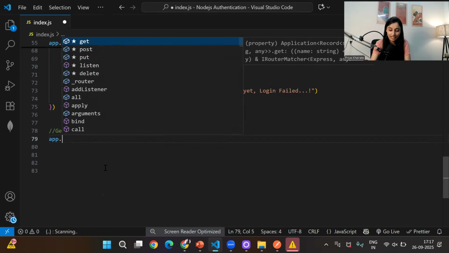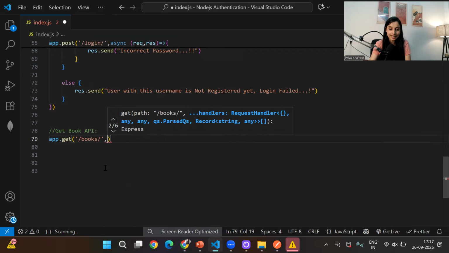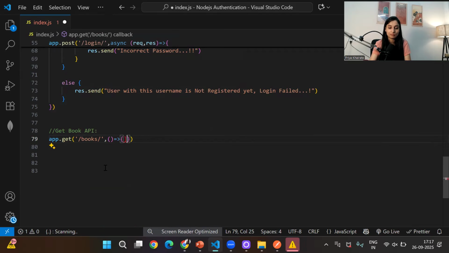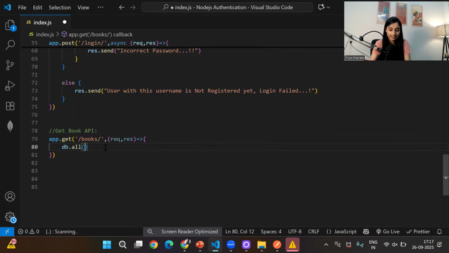Okay, so I'll just write app.get. If user will enter the path slash, give me all books slash, then this handler function we have to execute. Inside this handler function, first we will pass the parameter request and response. Now against this DB, we'll get all the data against the query, select everything from book table. But book table we don't have, guys. Correct, right? So as of now, I'll just send one response message like